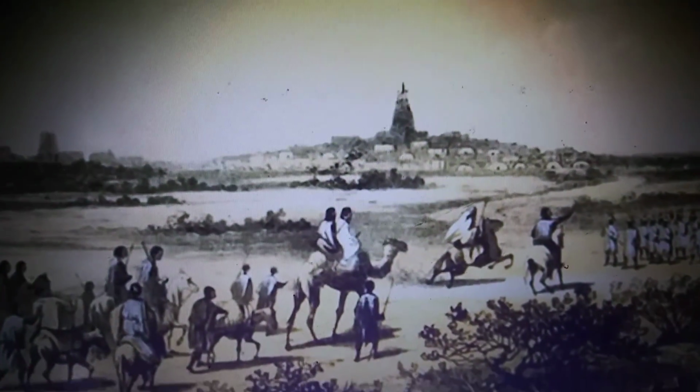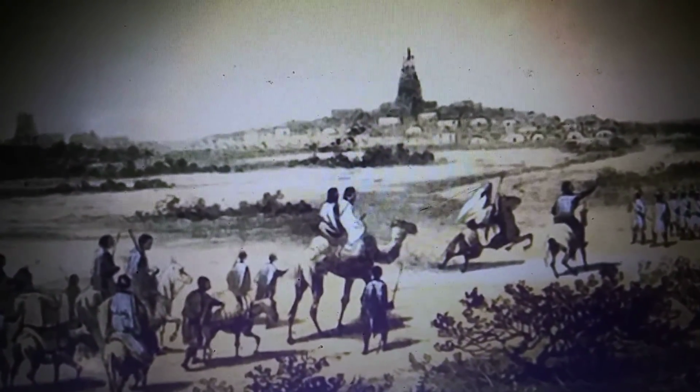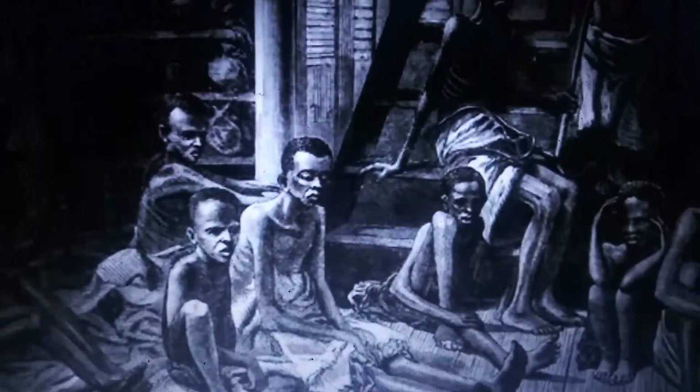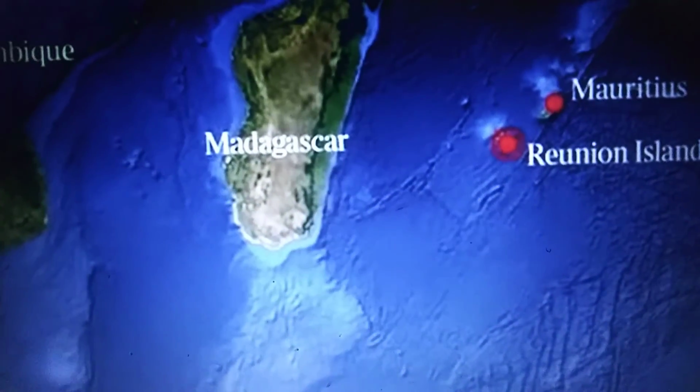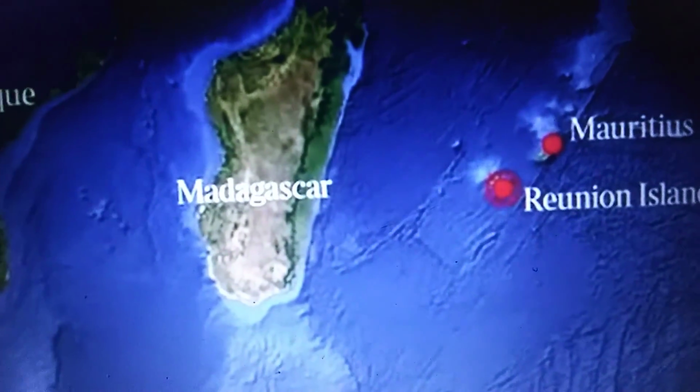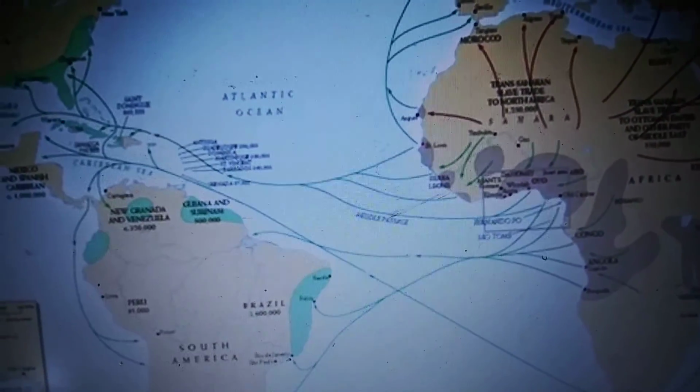After the long and dangerous march across the Sahara, the stolen people could expect the next part of their journey to be watery. Not always, but generally, slaves were sent to the Middle East, the Indian Ocean Islands, including Madagascar, the Indian subcontinent, and eventually to the Americas. This part of the slavery journey is now referred to as the Indian Ocean slave trade.